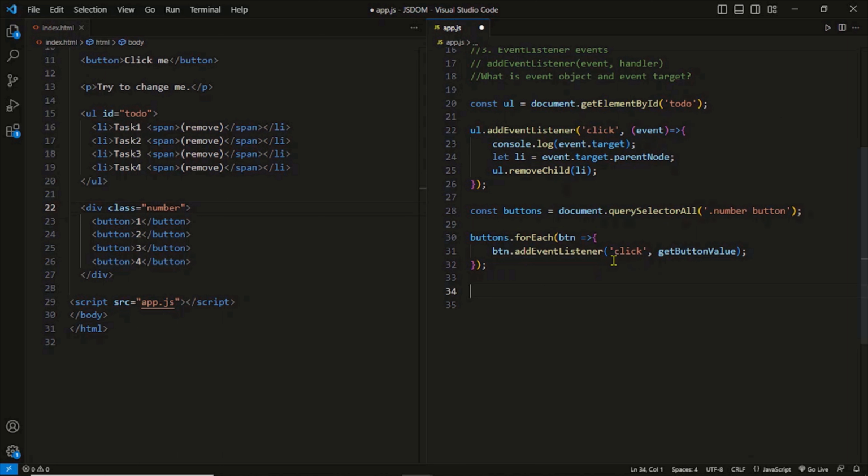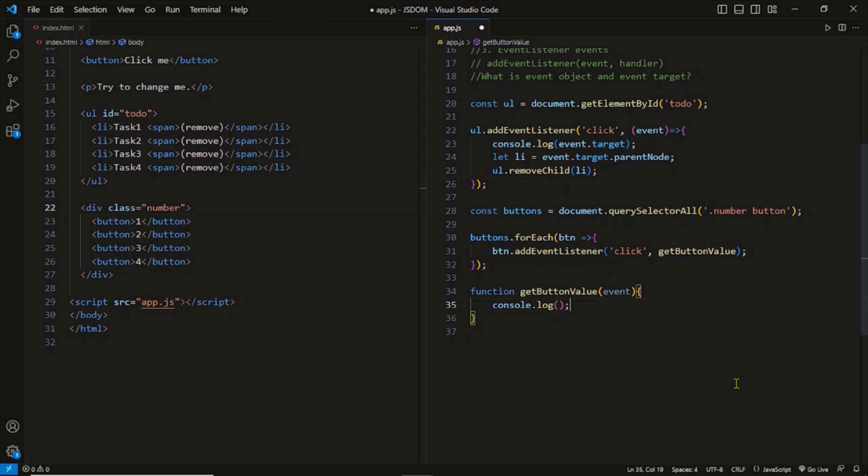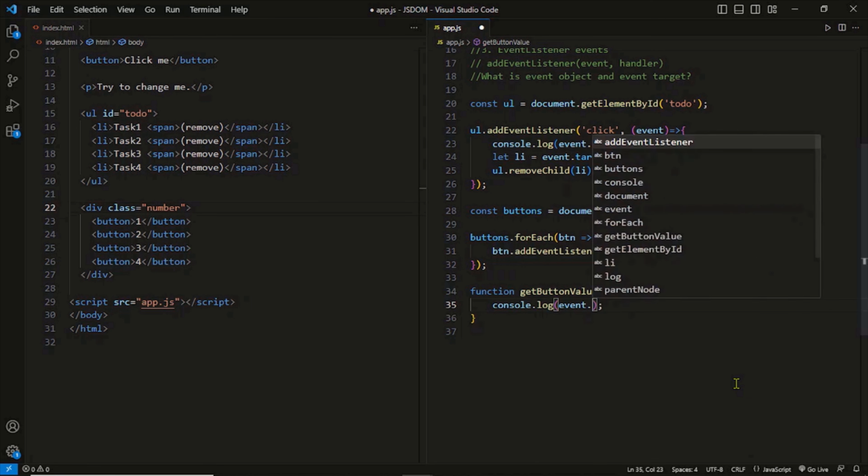Now all the buttons have one thing in common. They have the same handler. So how do we find out which button is actually invoking the handler? This can be done using the event object and the target property. So we just need to define the handler like this, and to the handler we're going to pass the event object. That's it. Now in the console, I can show you the result of the